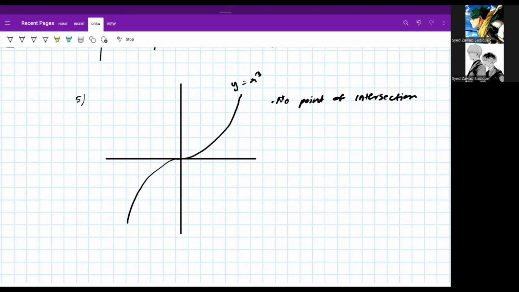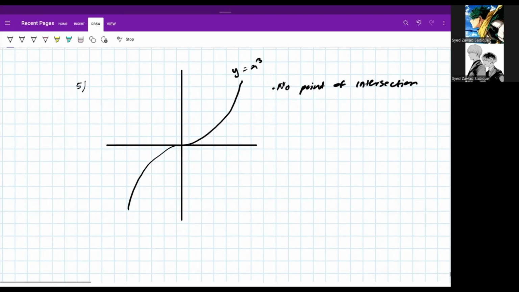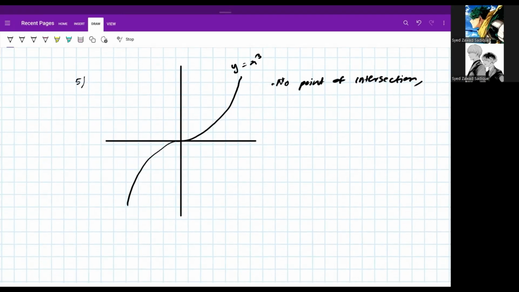There is no point of intersection. Okay. There's only point of inflection at 0, 0. Okay. Our next graph is,